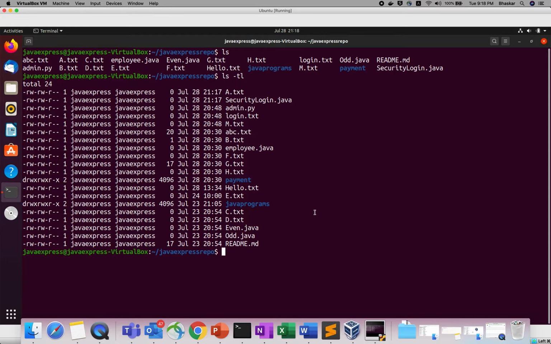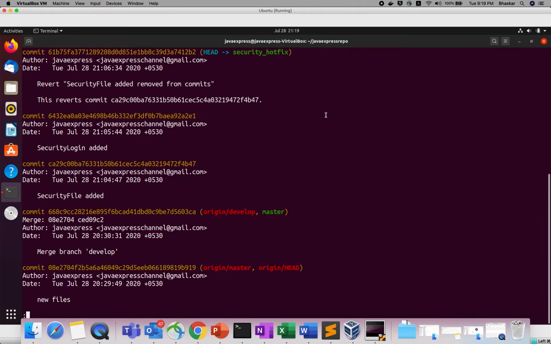So on top of the security commit, if you want to create a new branch, you are already in one branch, so on top of that commit you will create a new branch. See how I will do it: git checkout -b, and you can give your branch name. I will say security_hotfix. Now if you see the git log, your HEAD is pointing to security_hotfix.